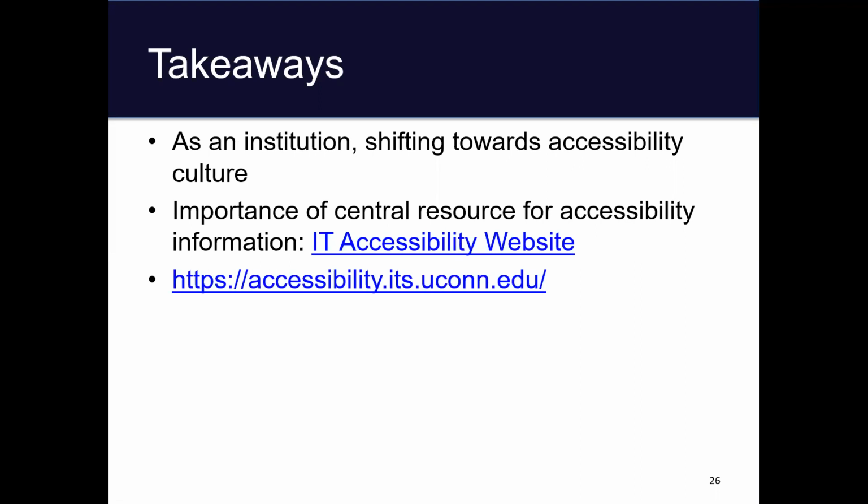So how does this actually affect an organization's day-to-day operations? At UConn, web development and design and our LMS development now all consider accessibility. Content authors and stewards have begun to ask themselves about a page's accessibility or about captioning videos. Procurement has begun to involve me on enterprise-level solution discussions, and departments have begun earmarking funds for accessibility-related tools and features. As an institution, I'm pleased to say that UConn is shifting towards a culture where accessibility is not only embraced, but worked into the fabric of its operations.